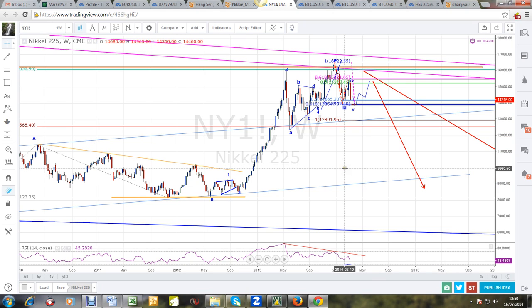So based on that, I would exit early, and I could still be wrong, but at least I will not have taken a larger loss. That's the reason why I would do that. But this particular chart, if anybody is trading